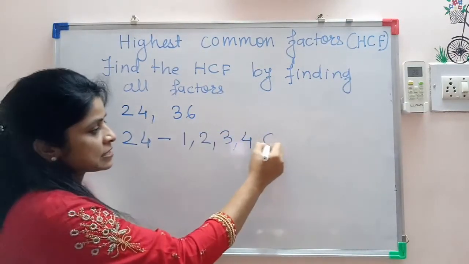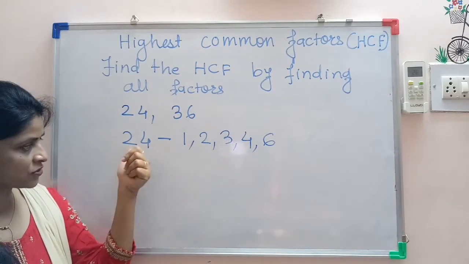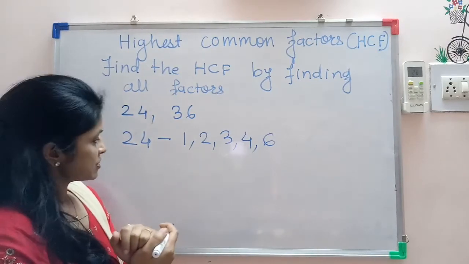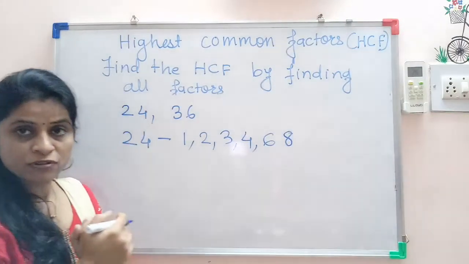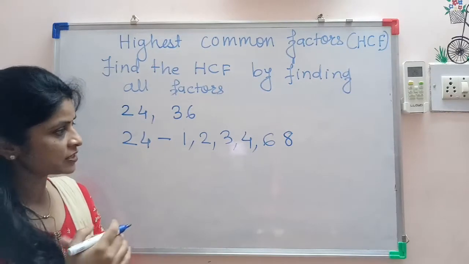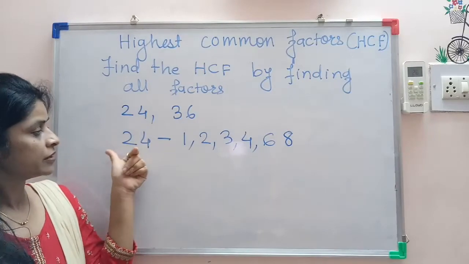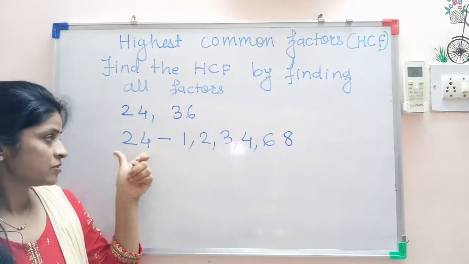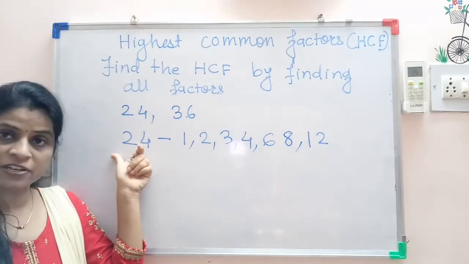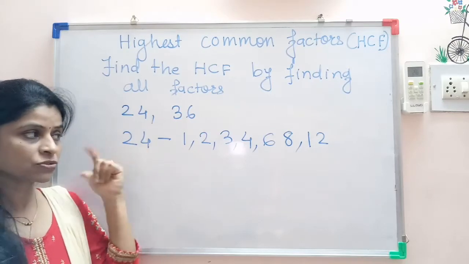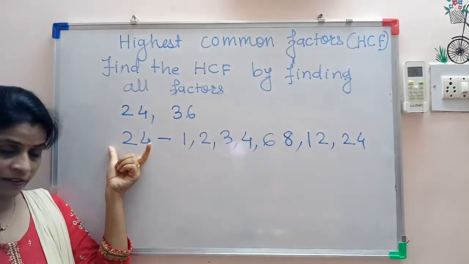Also we can see that 6 is a factor, we can divide 24 by 6, remainder will be 0. So 6 is the factor of 24. 7 is not the factor of 24. 8 3s are 24, so 8 is the factor. After that 9 is not the factor. 10 is also not the factor. 11, it's not there in the table of 11. It is there in the table of 12. 12 ones are 12, 12 twos are 24. Not in 13. So 24 is the factor of itself.